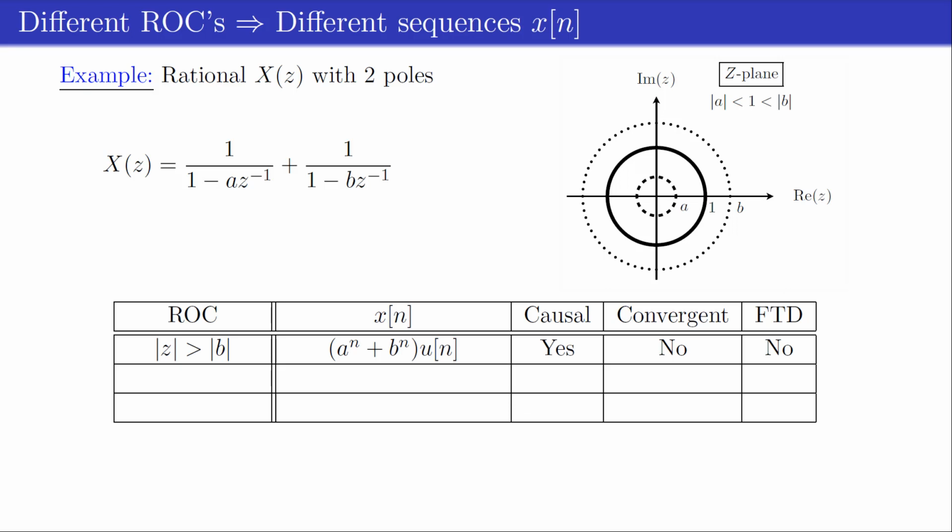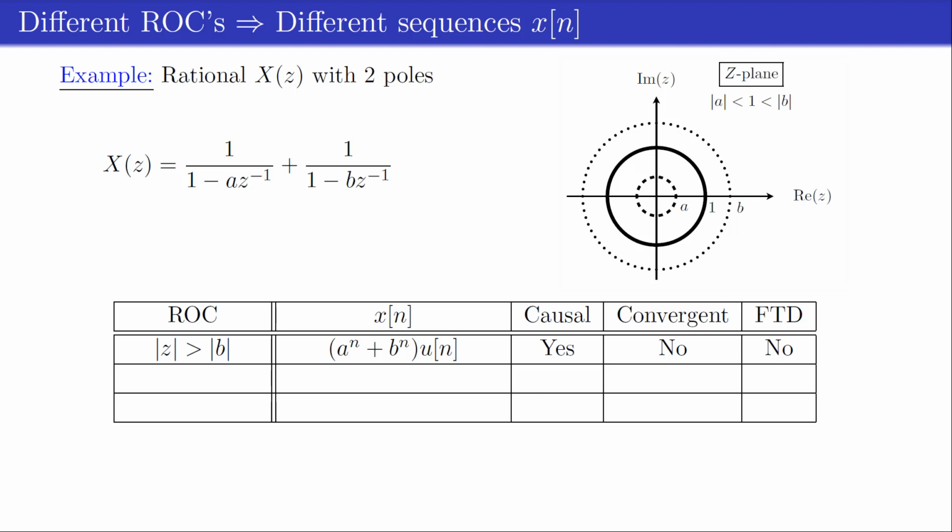In case the region of convergence is described by the region outside a circle with radius b, the first sequence x[n] is denoted by the equation in the first row of the table. Thus, for this region of convergence, the sequence x[n] is a causal and divergent sequence of samples from which the